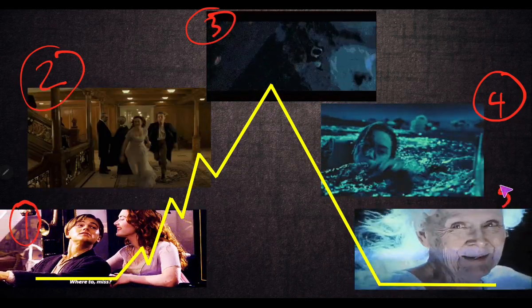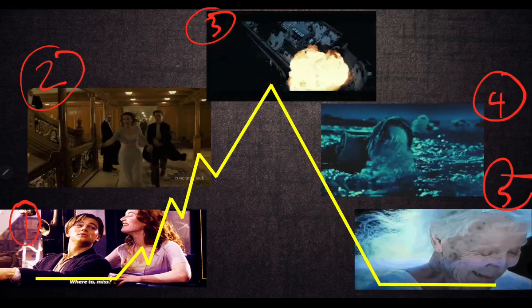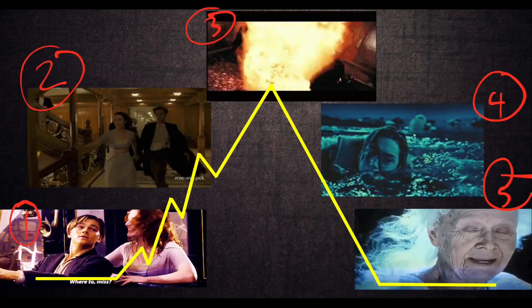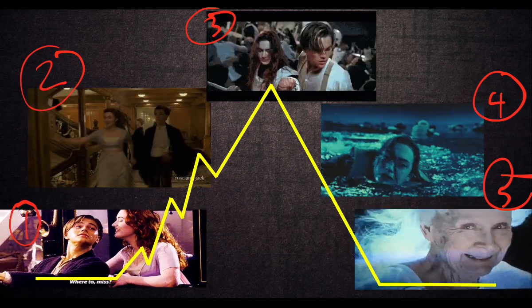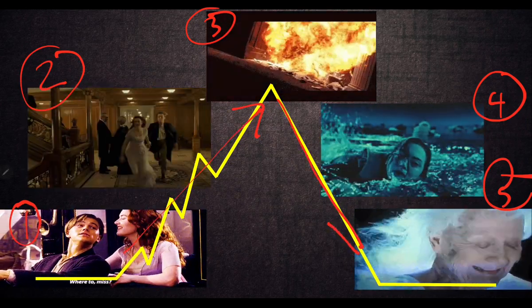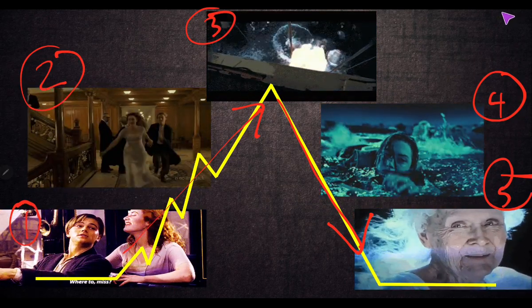And then number 5, the resolution, we get to see the old Rose. So that is Rose. Okay, and Rose is telling the story about her relationship with Jack. So nampak tak, even cerita yang famous pun still guna plot development yang sama. So this is the basic structure of a good story.